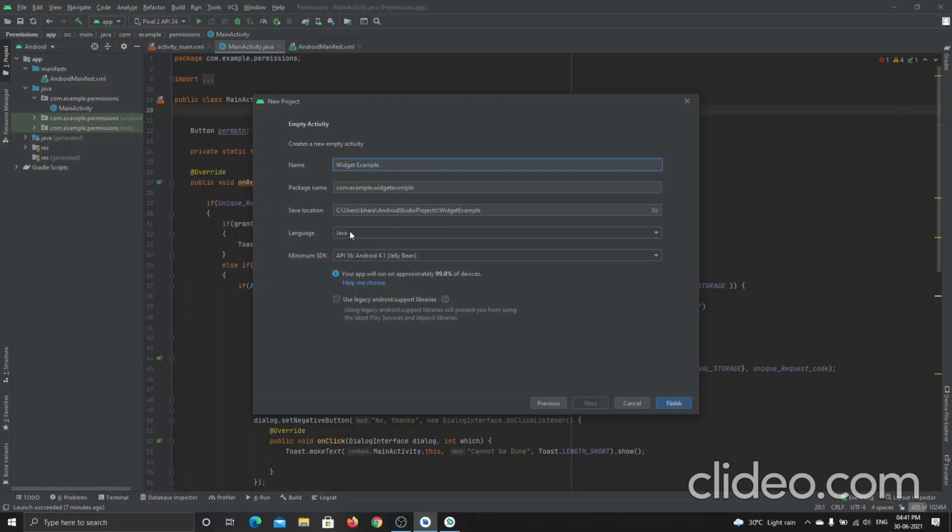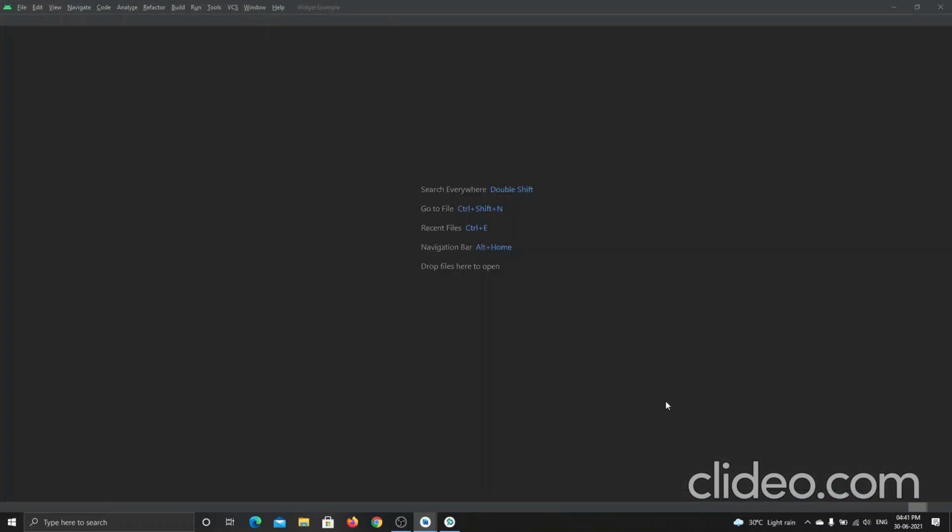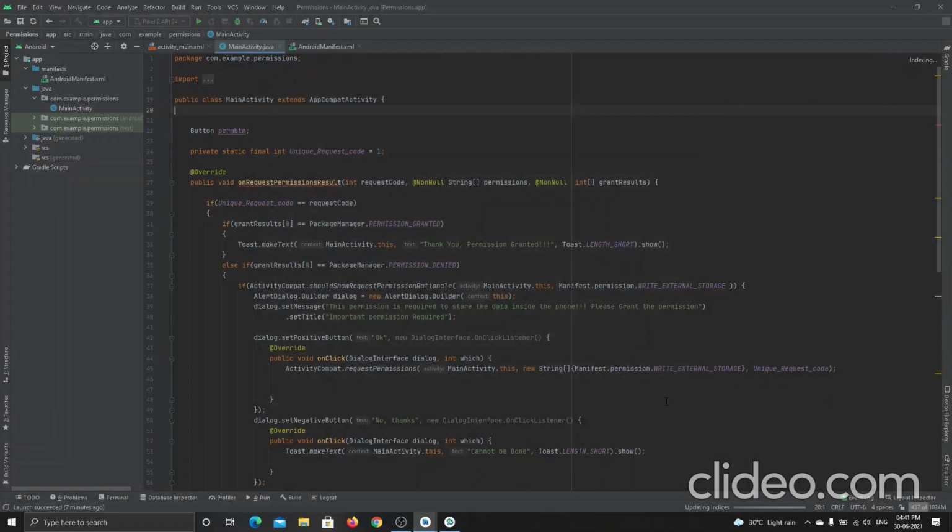Let it be Java Android 16, and I will click on finish. It's now creating the application.